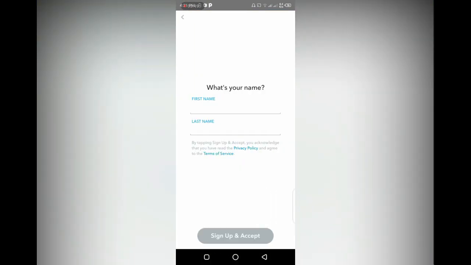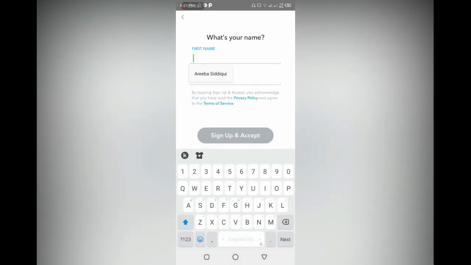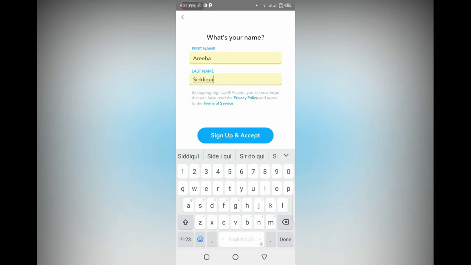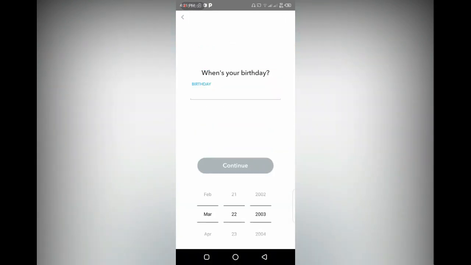Then go to the sign up. Here you will see two options. Enter your name, first name and second name here. Then click on sign up and accept. Here you have to select your date of birth